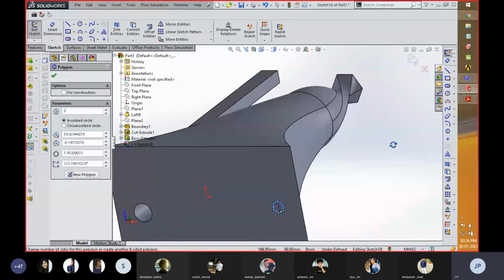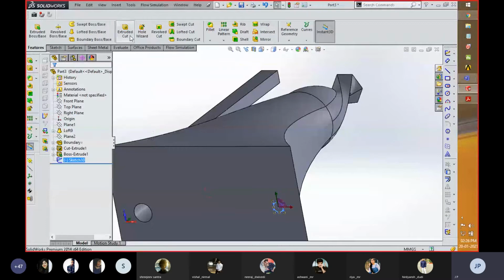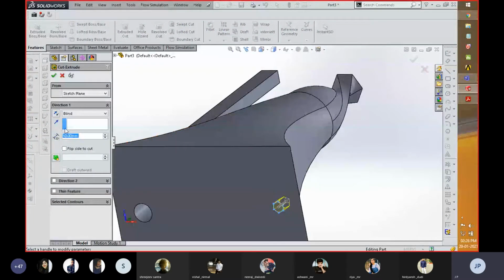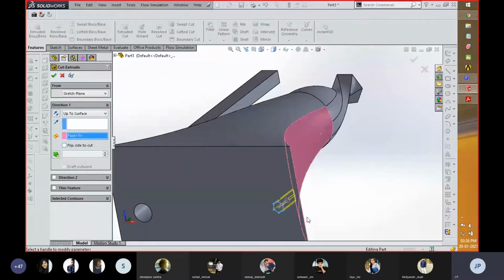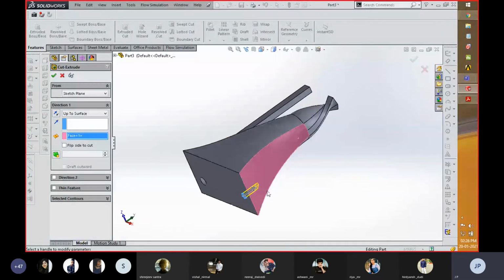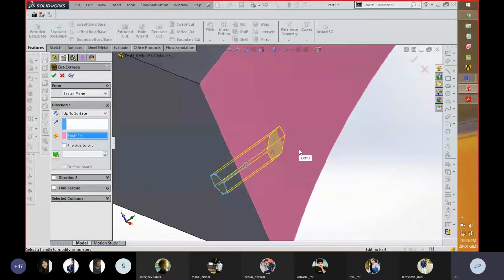But I need the constraint that, okay, that can be done with the help of this also. So with respect to that, I need to extrude cut up to where? Up to surface. So for that, I'm going to click over here. So over here, you can see that whatever the first intersection, or the first surface which you select over here, you can remove material in such a manner.